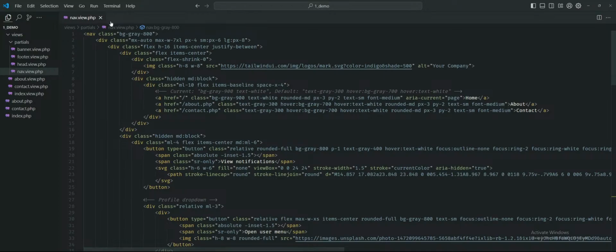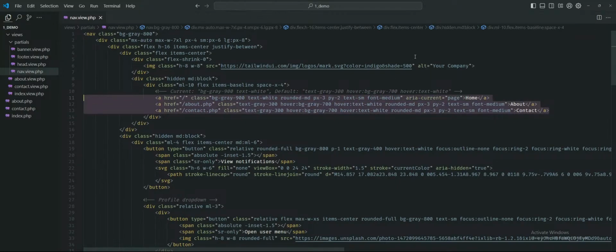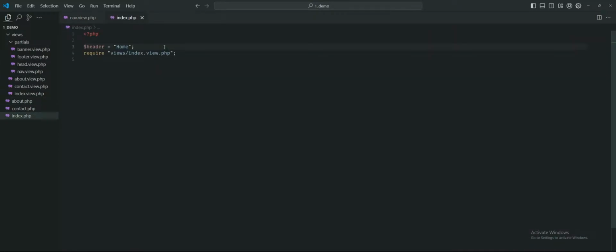Okay, I'm in view.php, right? Cool. So I should pass on a variable from here. What's the easy thing to do? The easiest thing to do is to copy all of this. Okay, and this is current for home, so in index do something like